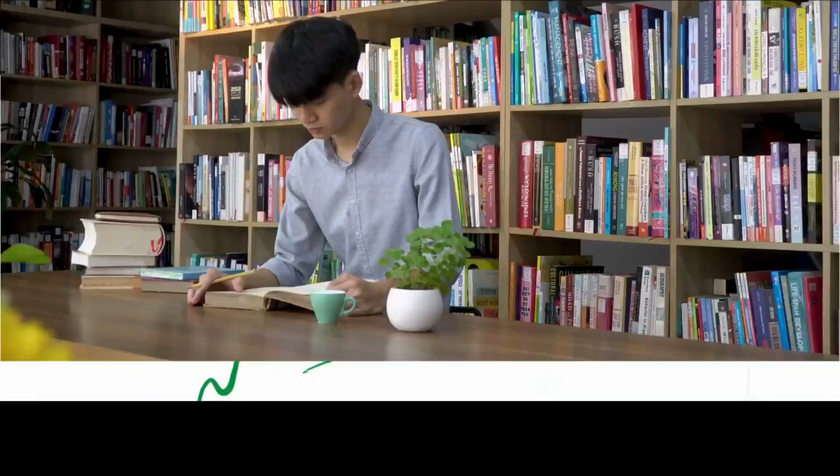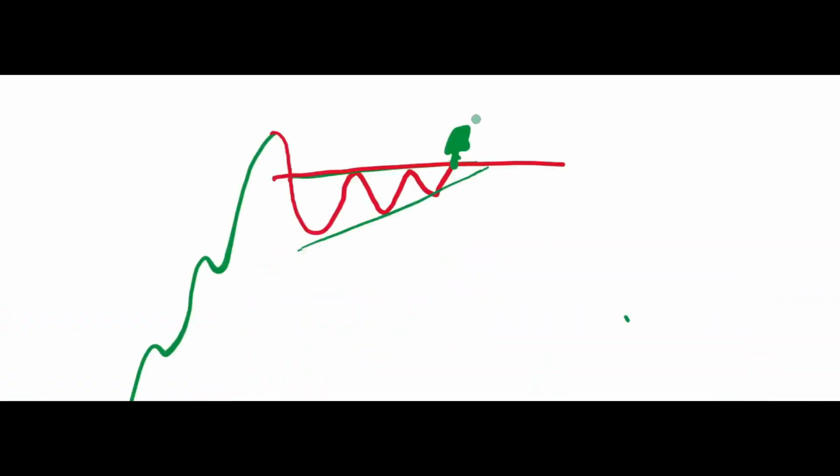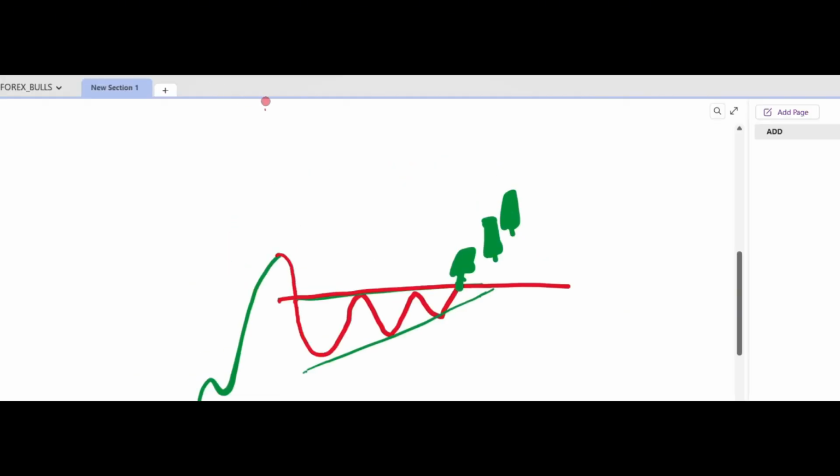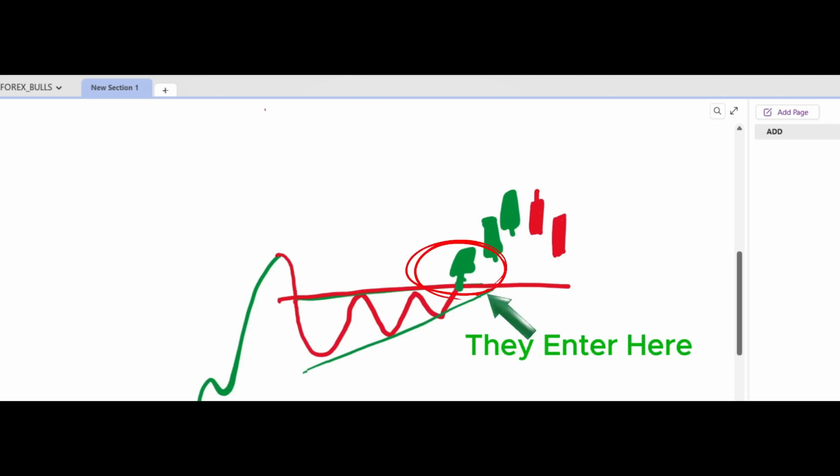If the breakout is a green candle, the structure is like that. The market goes bullish again, and after that there is some profit booking. In most scenarios the profit booking is not so much, and most of the beginners enter here, but this is not a correct way. This is not a perfect entry. The perfect entry is to wait for a retest. Retest is so important in breakout trading.